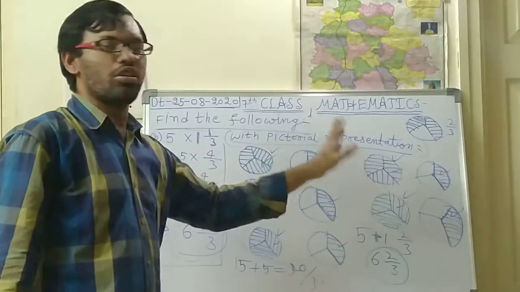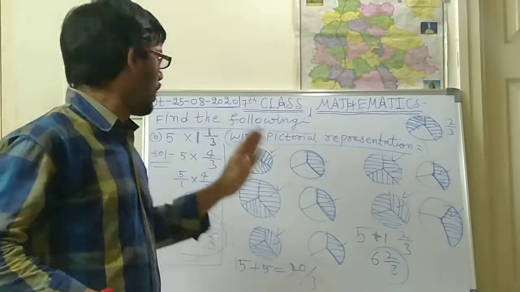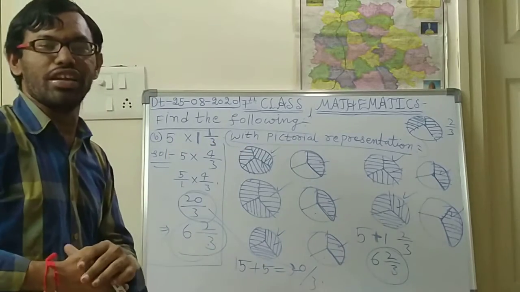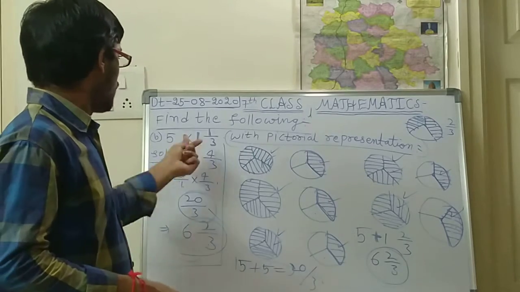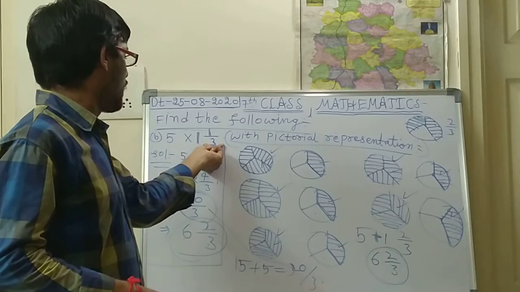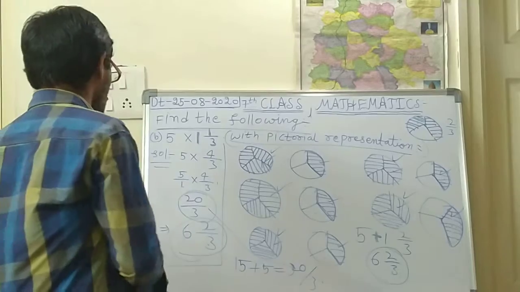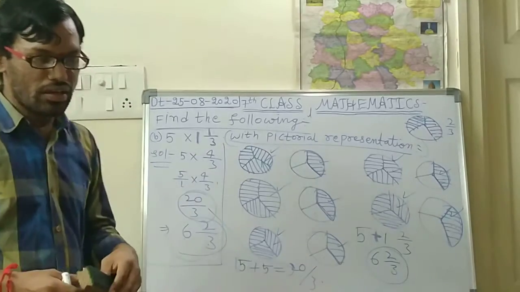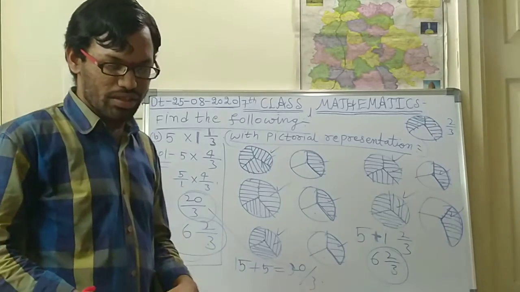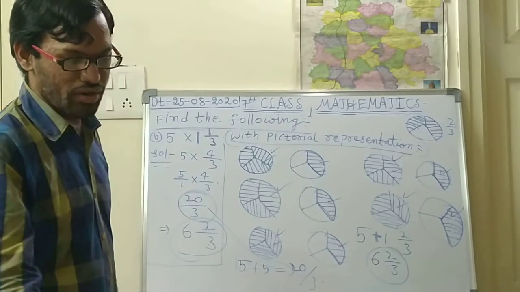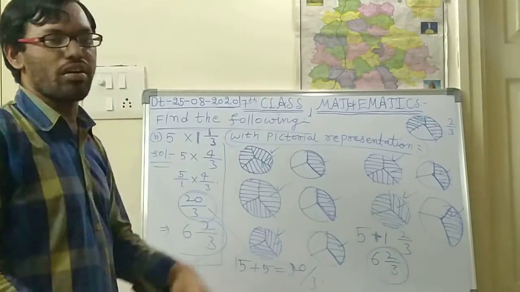So like this pictorial representation you have to do. Okay. I think you have understood how to do the pictorial representation also. So this is the thing, children. If the denominator is greater, you should draw two circles. Okay, like this you have to represent the pictorial representation. In the next class we shall see the word problems regarding this multiplication of fractions.